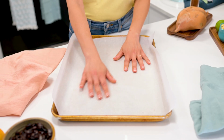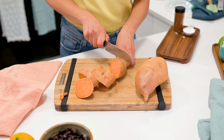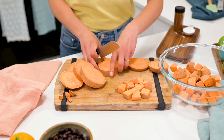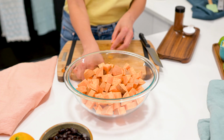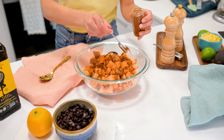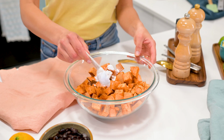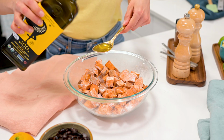Preheat your oven to 425 degrees Fahrenheit and line a baking sheet with parchment paper or a silicone mat. Using washed and dried sweet potatoes, chop them into smaller cubes, leaving the skin on for extra texture and nutrition. Season with a bit of salt, black pepper, and 1 to 2 teaspoons mild chili powder. Then coat in 1 tablespoon arrowroot or cornstarch, and finally, drizzle about 1 tablespoon olive oil and stir until no